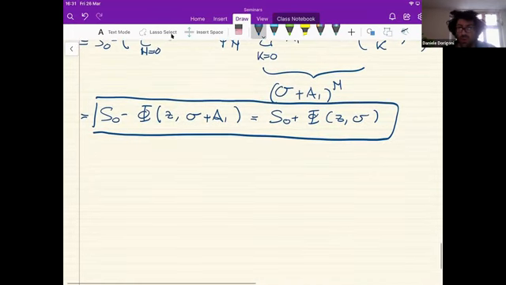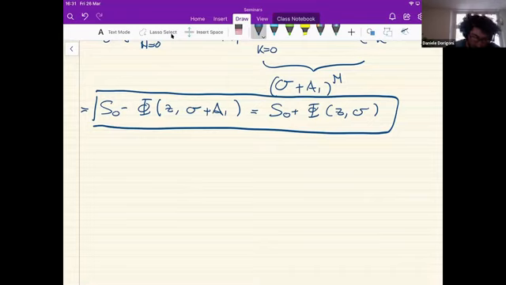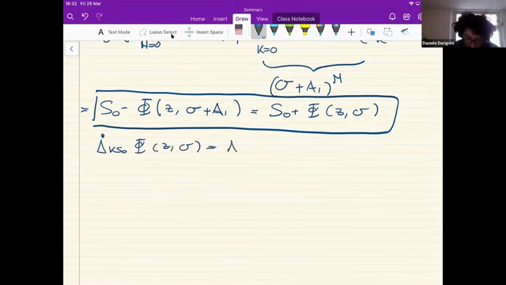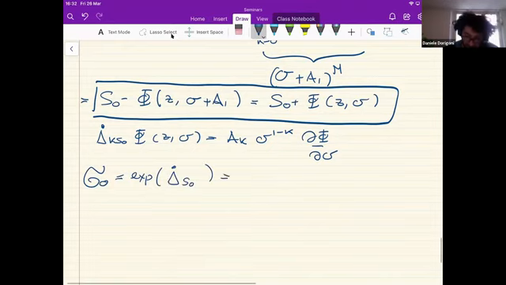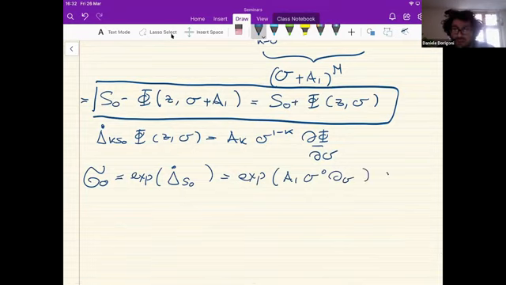Equivalently, there is a quicker way, if you wish to do it, we can just do it from the bridge equation. So from the bridge equation, rewritten in this variable, we have this object. The alien derivative is just given by this expression in here. And so if you want, the Stokes automorphism in the 0 direction is the exponential of delta S naught, which is nothing but the exponential of a1 d sigma. But this is nothing but the shift operator.